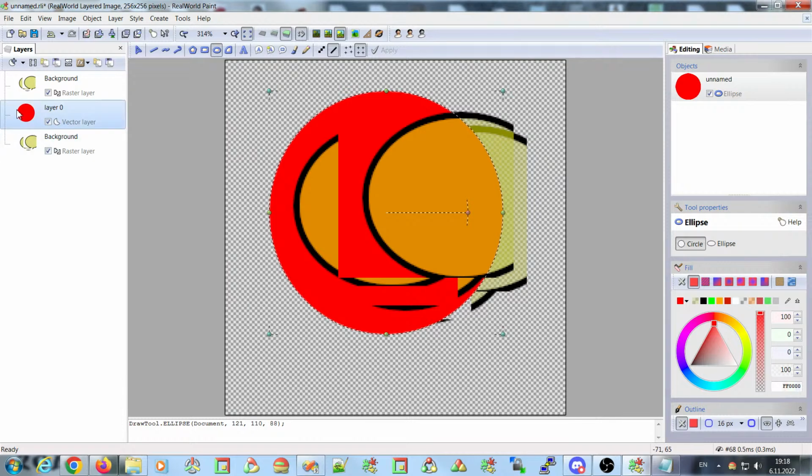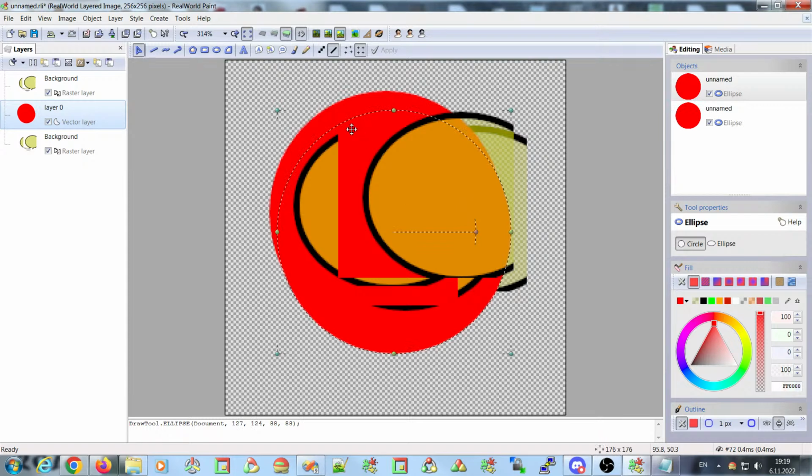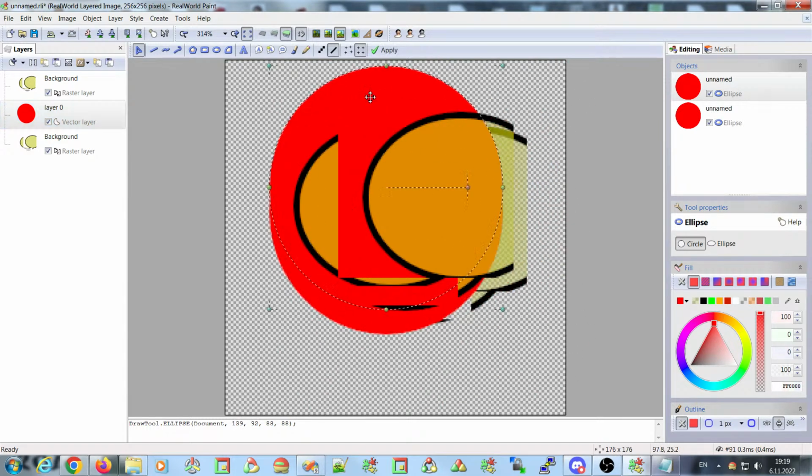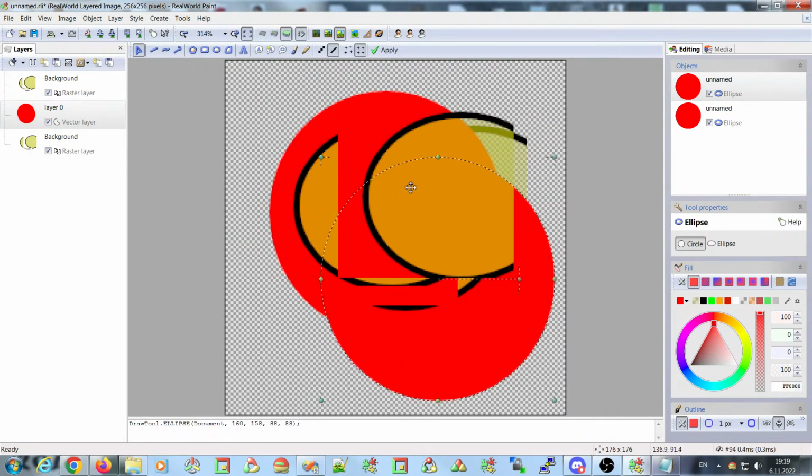When I click here and click paste, what do you think will happen? Will it be pasted as a new layer or not? We can try. As you can see, it was not pasted as a new layer because this panel cannot handle